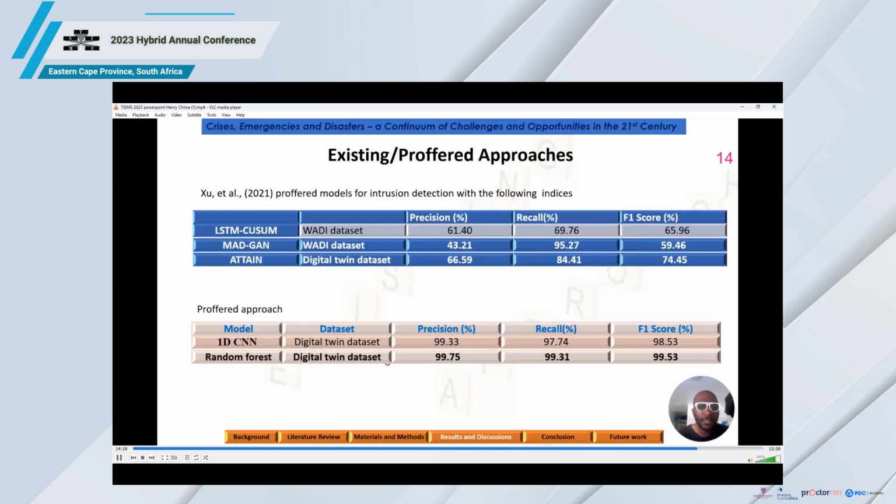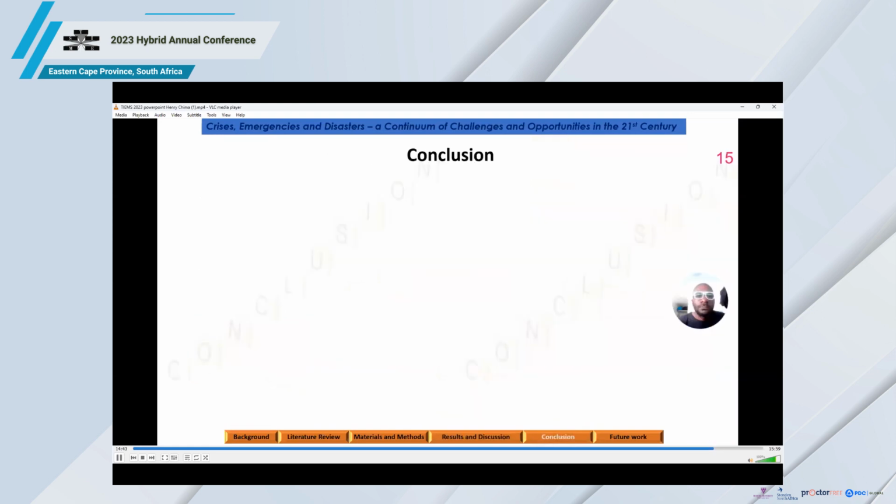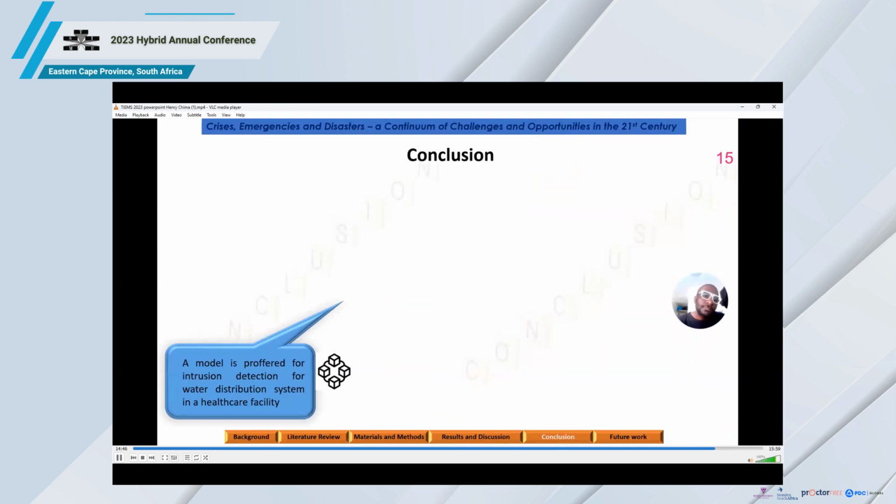Then applying random forest on the dataset generated, I got a precision of 99.75, a recall of 99.31, and an F1 score of 99 points. This simply implies that the random forest model performs very well on the datasets generated from the digital twin. In conclusion, the work profiled